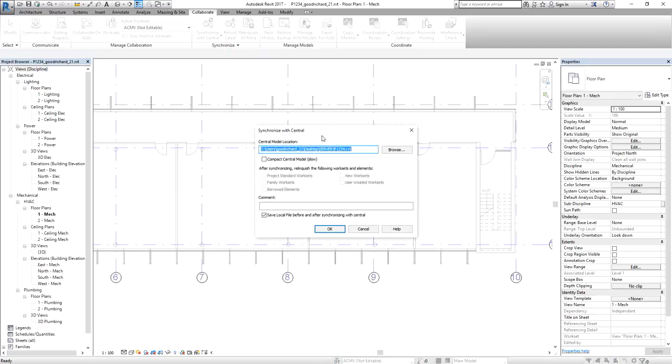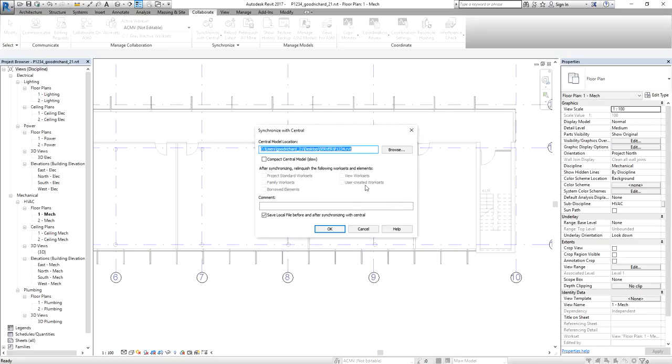Okay, and then after that, if there are some boxes here that you can check, in my part, I would suggest you to check that. Like for example, if you notice borrowed elements is enabled, just check that so that it will be relinquished. So if there are elements that are being borrowed, after you relinquish that, your other team members will be able to modify that also.